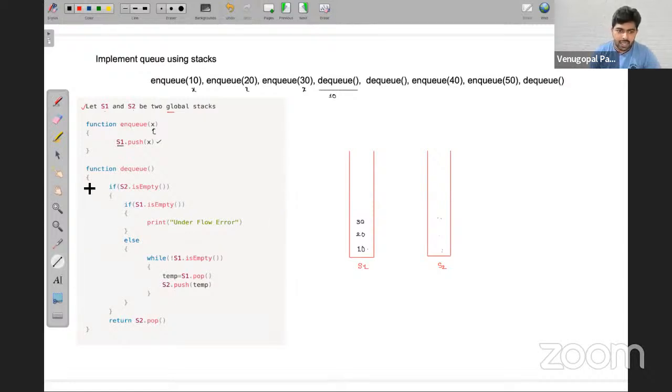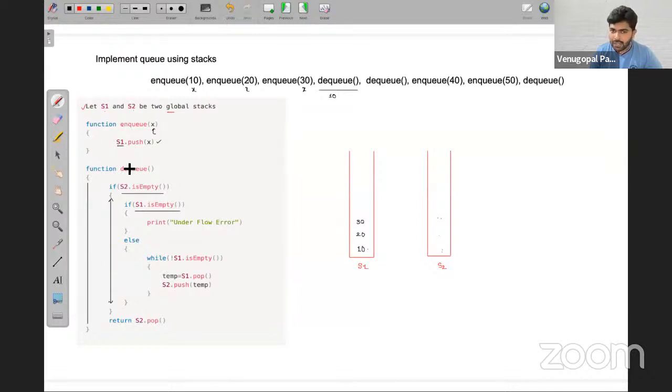Now see carefully the function DQ, how I wrote it. First of all, we check whether S2 is empty or not. Suppose stack S2 is empty, and S1 is also empty. Then what does it mean, friends?